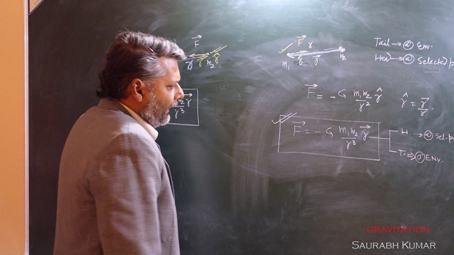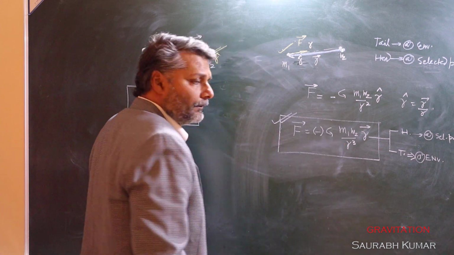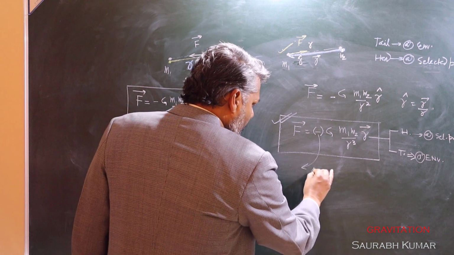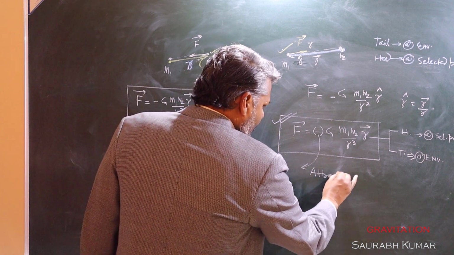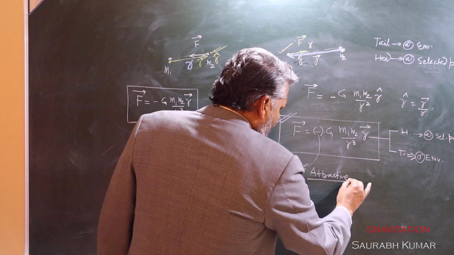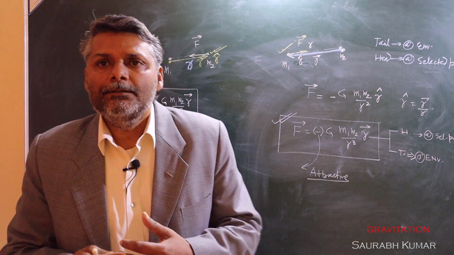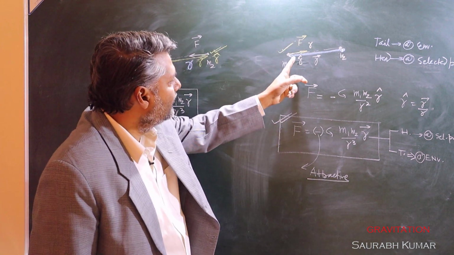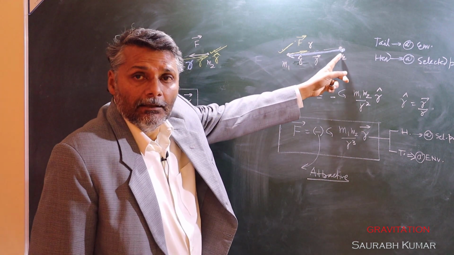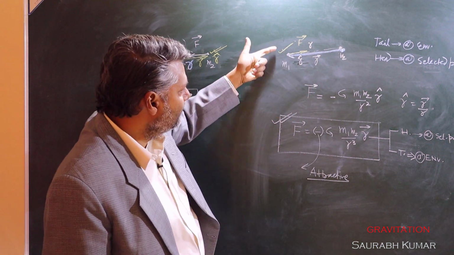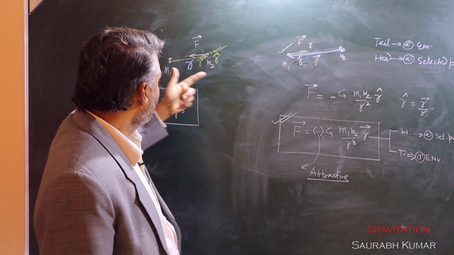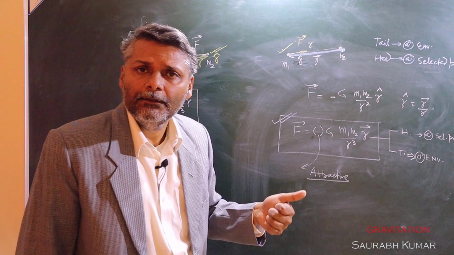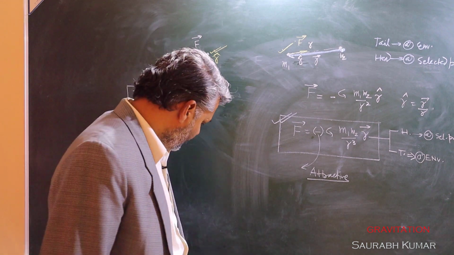Done. And why this minus sign? This minus sign is because the force is attractive. Suppose, for a moment, let us assume that gravitational force is a repulsive force. If gravitational force is repulsive, then in what direction will this F act? In the direction shown or opposite? Opposite, that is, it will be parallel to vector R or R cap in both the diagrams. So what sign will you get? Plus. So this minus sign is for what purpose? Force is attractive.